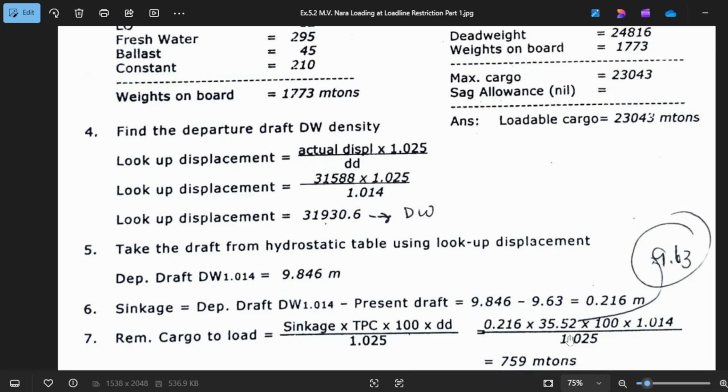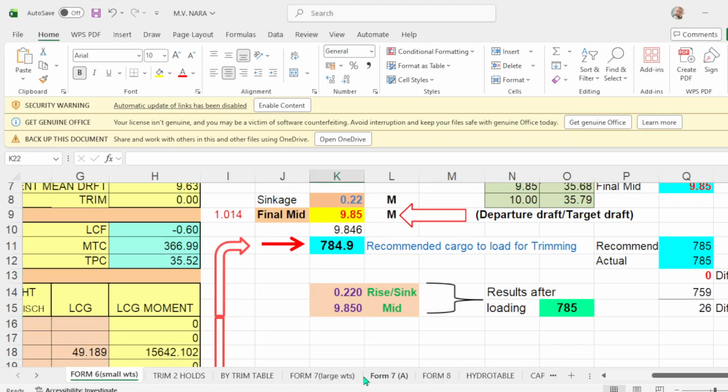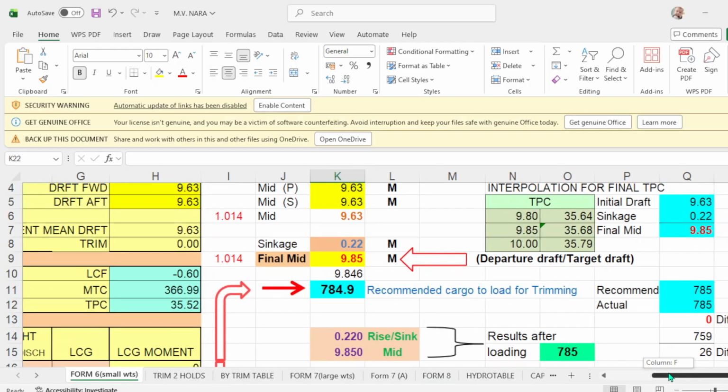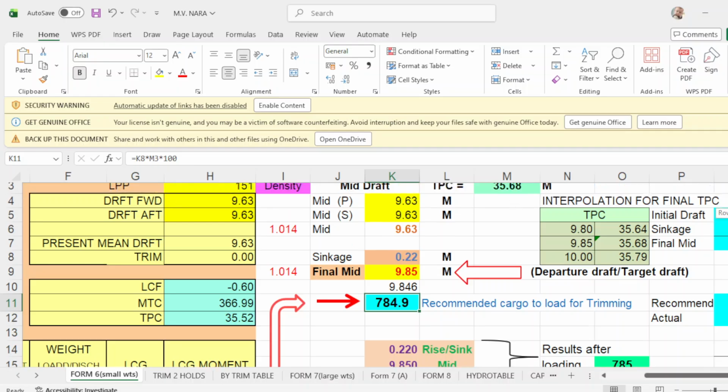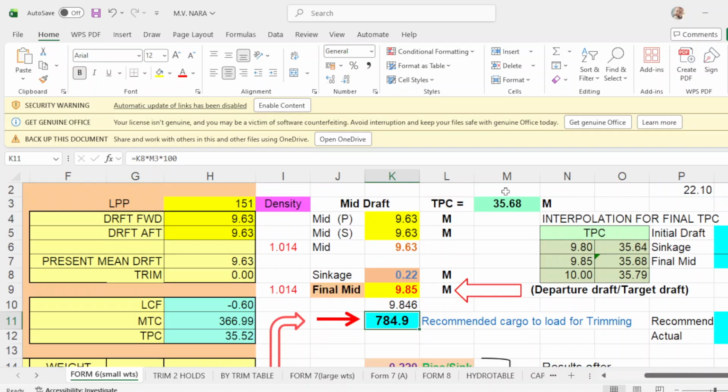times TPC. How much did you use TPC? From the mid drop of 9.63 is 35.52. So he used the TPC from your mid drop. He used the TPC of 35.52. But if I click this one, the TPC I use is M3, which is this one, M3, which is 35.68. Why?